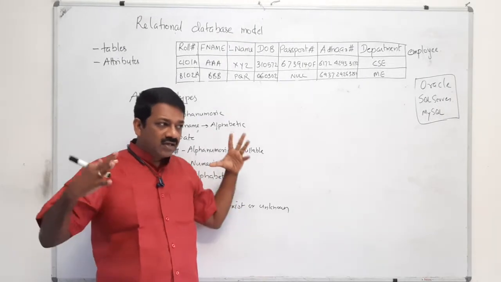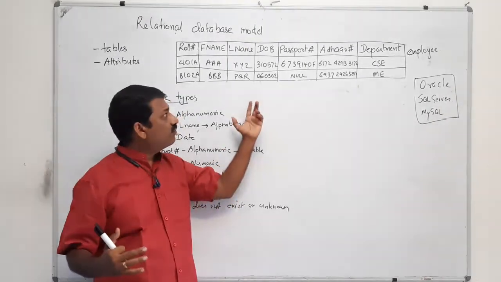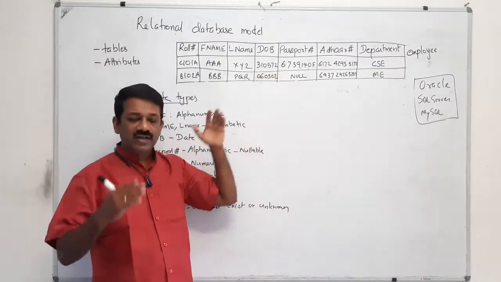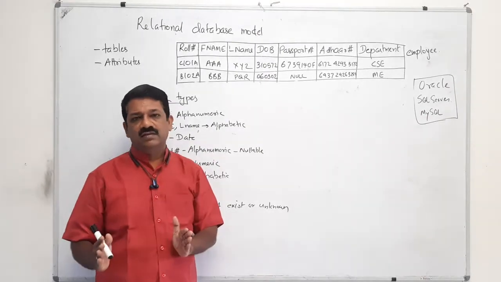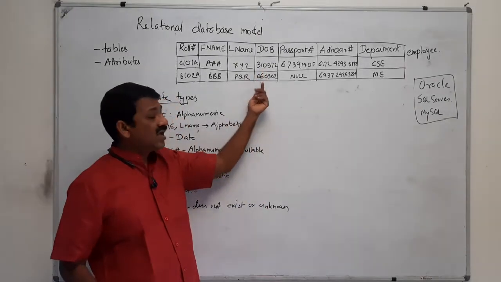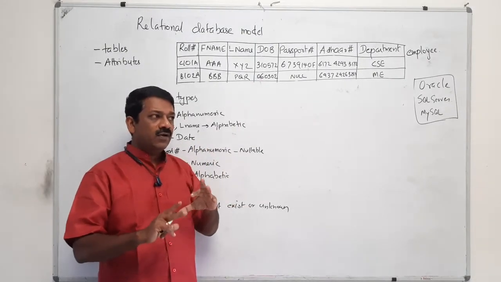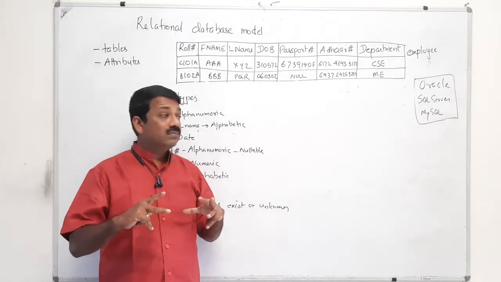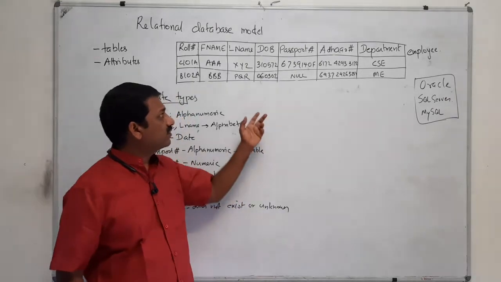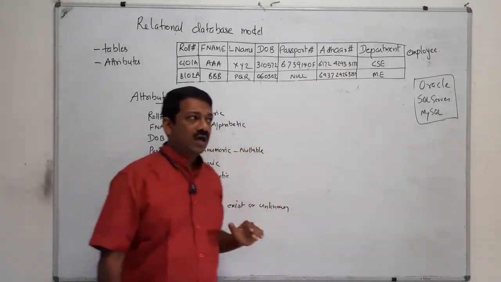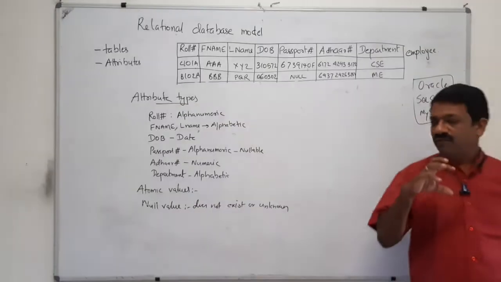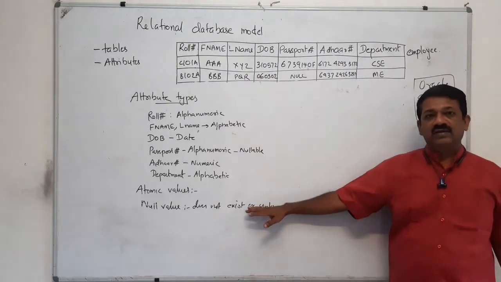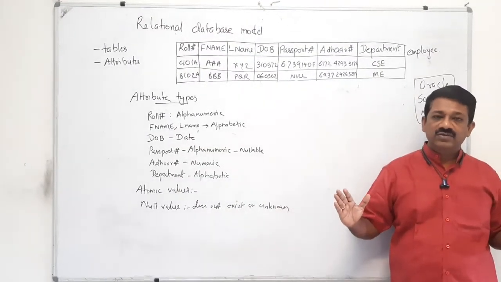But here in this case, concatenating these three fields, we have made up a date of birth attribute type, and you cannot further divide that into date, month, and year. There is no need to go for that. So that is atomic values in the sense further dividing that value results in invalid entities. Passport number, Aadhaar number, and department. And one of the most important properties of each attribute value is it should be atomic.